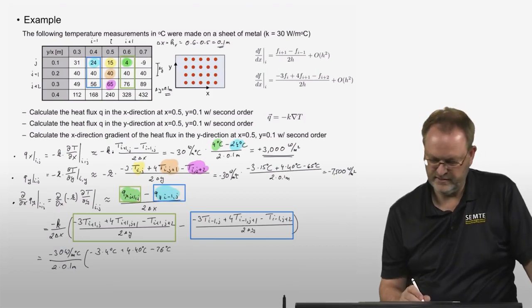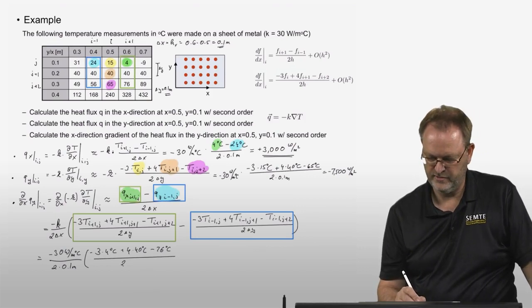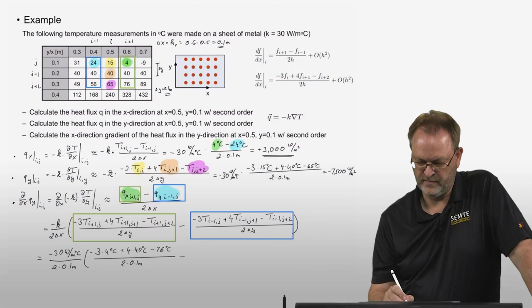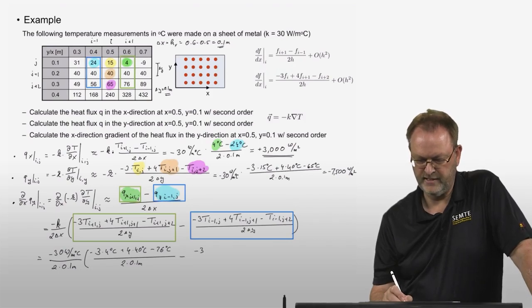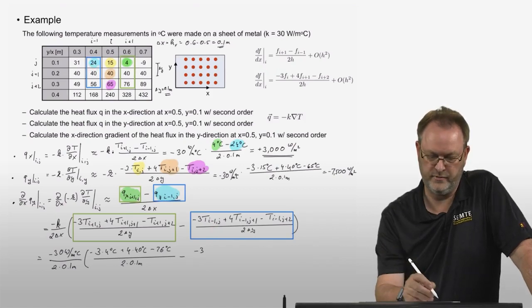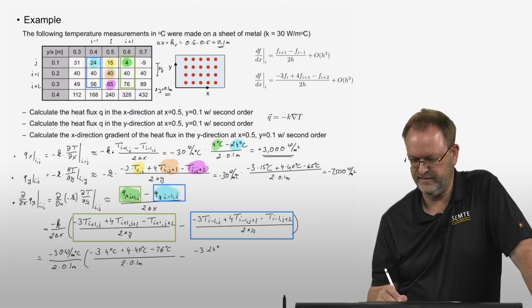And then we divide this entire thing by 2 times 0.1 meters, and then minus negative 3 times T at i minus 1, j, that's the 24 degrees Celsius. So minus 3 times 24 degrees Celsius